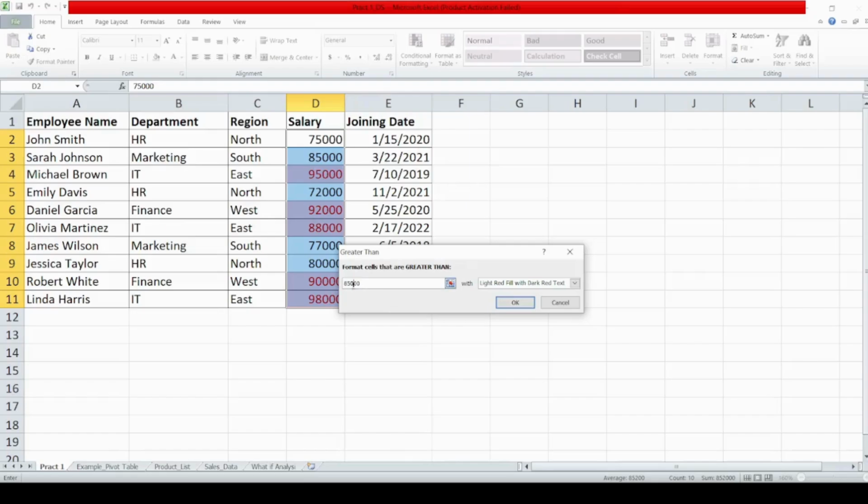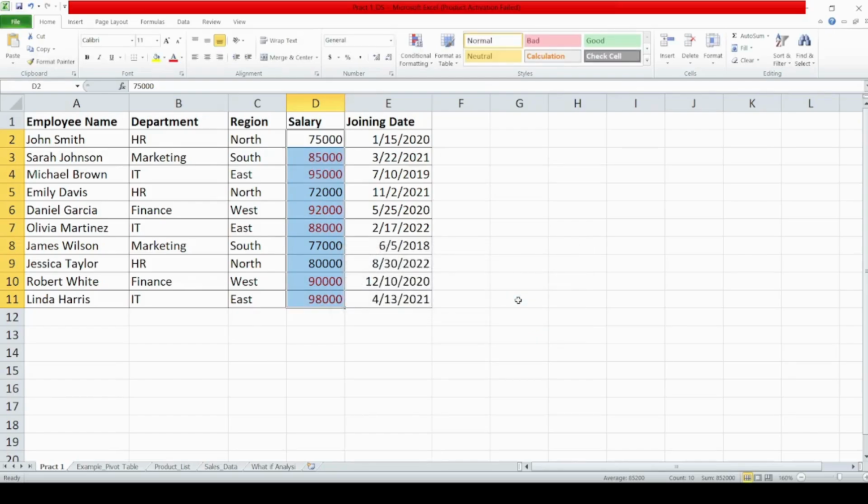So I'll write here 80,000. You can choose here whatever color you like. So I'll go for a red text and click on OK. Done. So the highlighted cells display the salaries which are greater than 80,000. Now the next one is